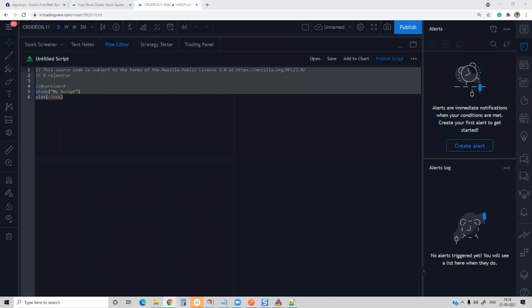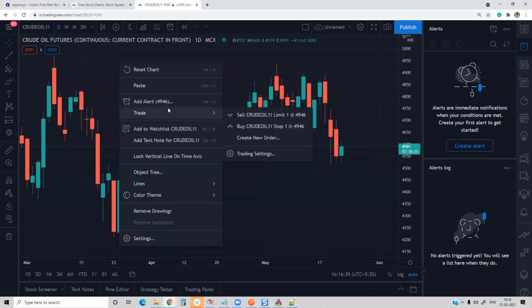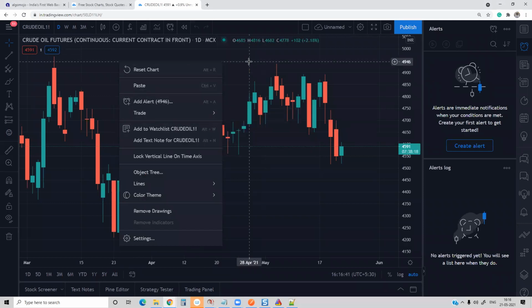Leo is asking, can we use indicators instead of strategies? Let me tell you the difference between indicators and strategies. Strategies are rules which are built on top of indicators. For indicators, we can use something like RSI, Bollinger Band or whatever it is. I simply go and add the indicators here.